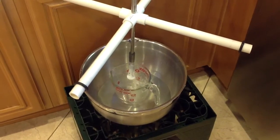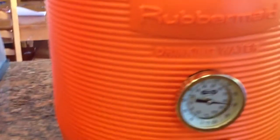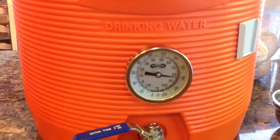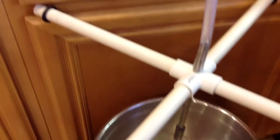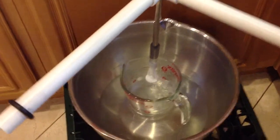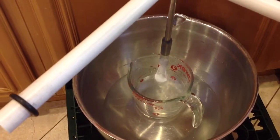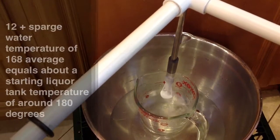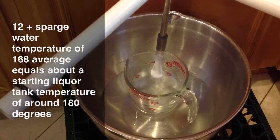Okay, we're back again now, and my target temperature looks to be right around 180 inside. I just keep recirculating this water as I'm using it. It seems to drop a couple degrees every time I do this. So, good flow rate, and it's looking like about 12 degrees in addition to the sparge temperature is what I'm coming out to. And just to give you an idea,